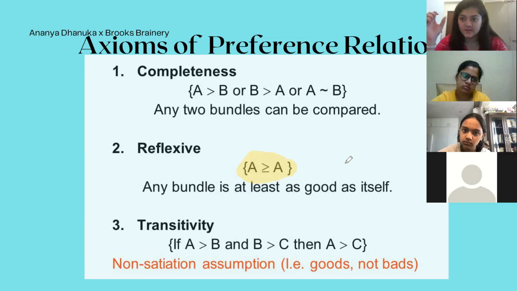So this entire principle, I think it's by, I don't remember the person, but a very famous economist, and he talks about this reflexiveness as the axiom of sanity. This is a basic assumption that has to be there. You have to be indifferent between at least comparing two ice creams, right? Not flavors. I'm not bringing flavors as a variable into the picture, okay? But it has to be there because otherwise, all your preferences will be haywire. This is why it's called the axiom of sanity.